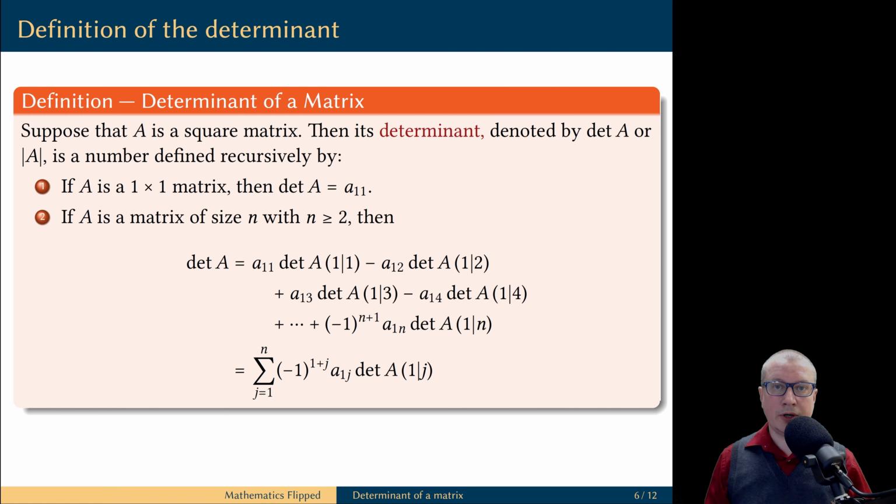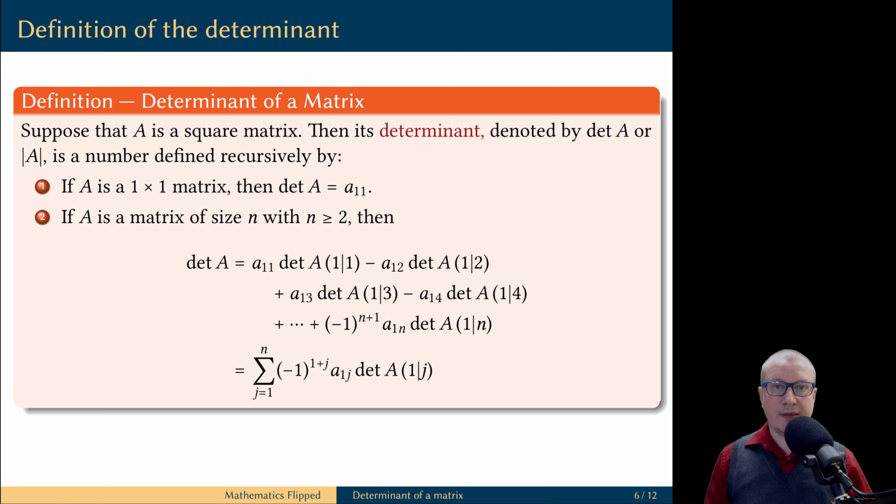And now we are ready to define the determinant of a square matrix. It is defined recursively in terms of the size of the matrix, and step 1 is to define the determinant of matrices of size 1 by 1. A matrix of size 1 by 1 contains just one single entry, and we define the determinant of this matrix as that only entry.